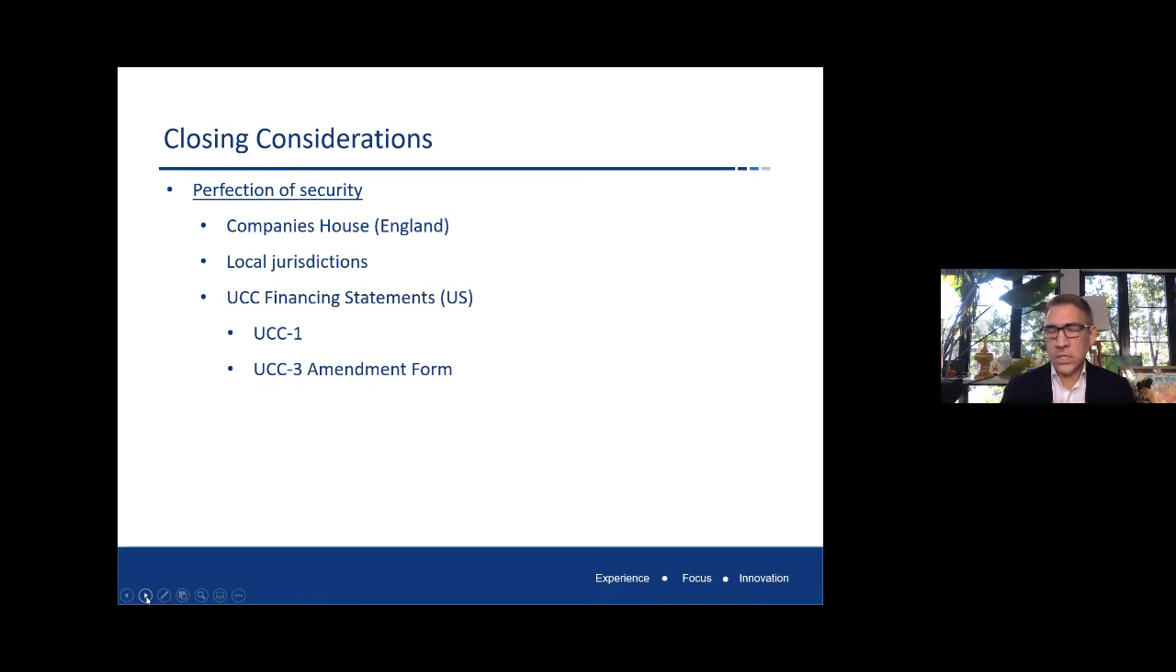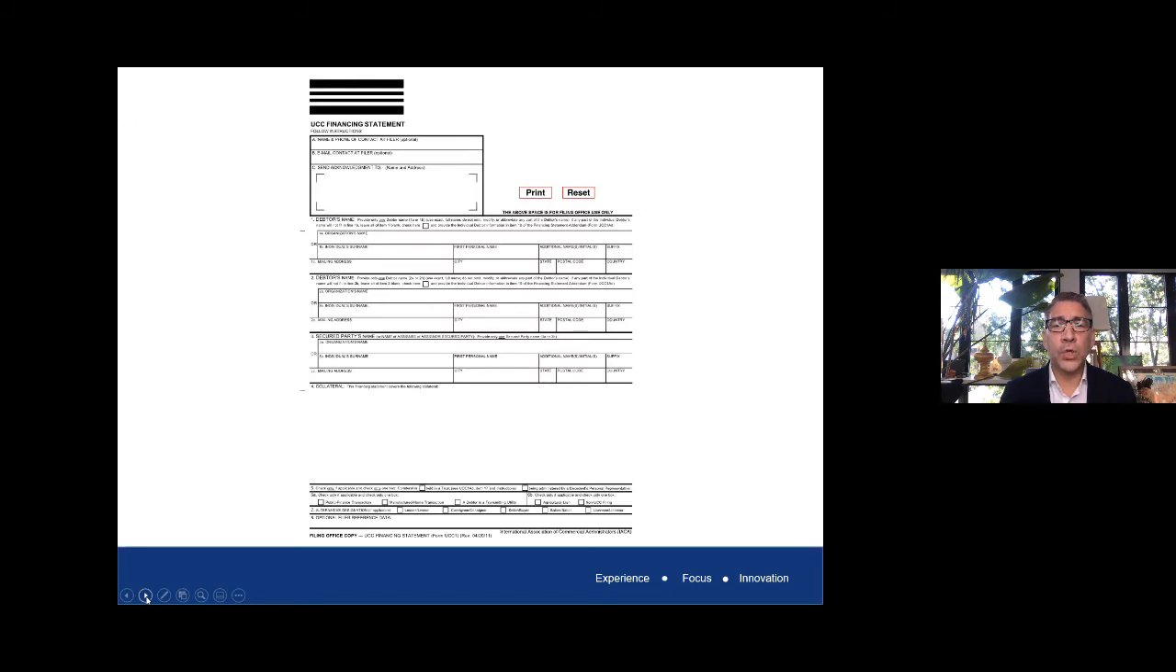Now, we could spend an entire session, an entire hour, just talking about perfection of security under New York law. We're not going to do that. So just out of interest for the audience, I'm going to put up here on the next slide an example of what a UCC financing statement looks like. Many of you in the audience may have heard expressions such as that you would need to file a UCC but not known what it means. This is what it looks like. It is a single page form. And if we zoom in on the next slide,